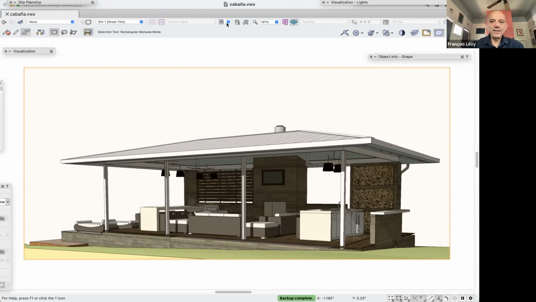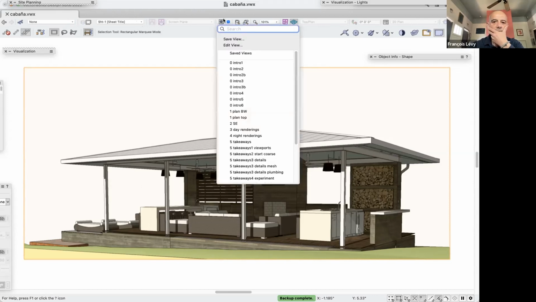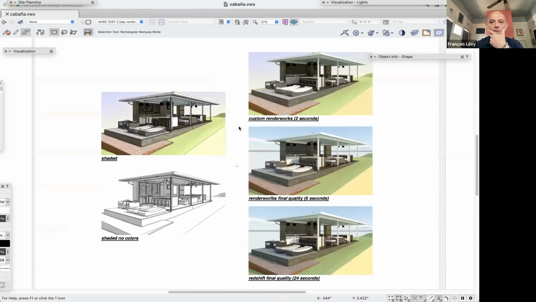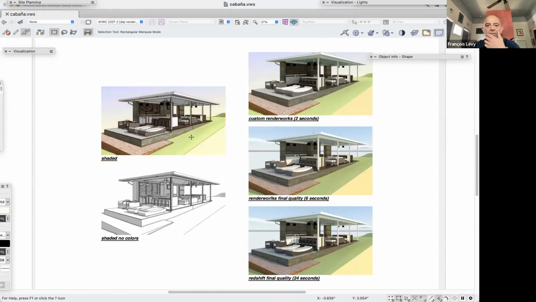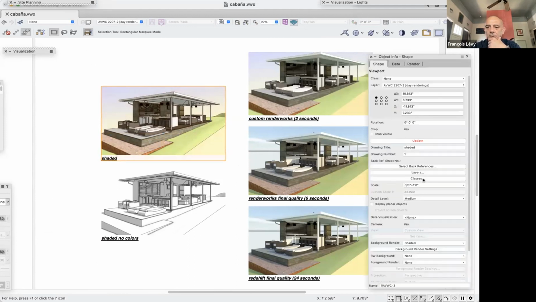Okay, so let's see. What do I have next? Yeah, so let's look at some different rendering options. These are some that I obviously already have prepared, and we'll sort of dissect them. This first one here is a shaded render, just like the one that I just showed you. There's a couple of things about the shaded render that you need to be aware of. So let's look at those